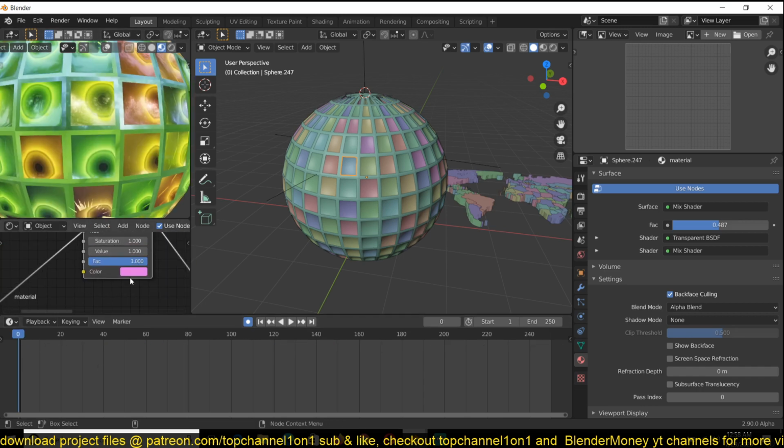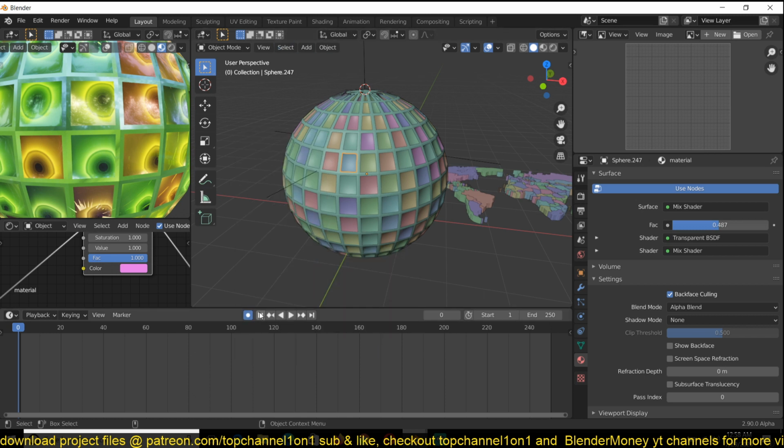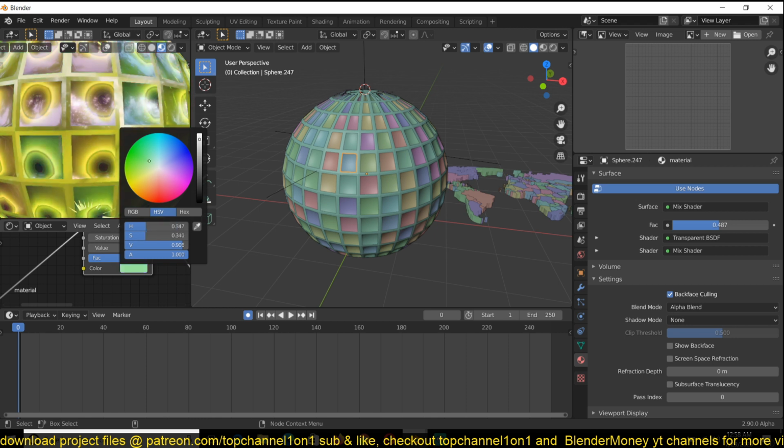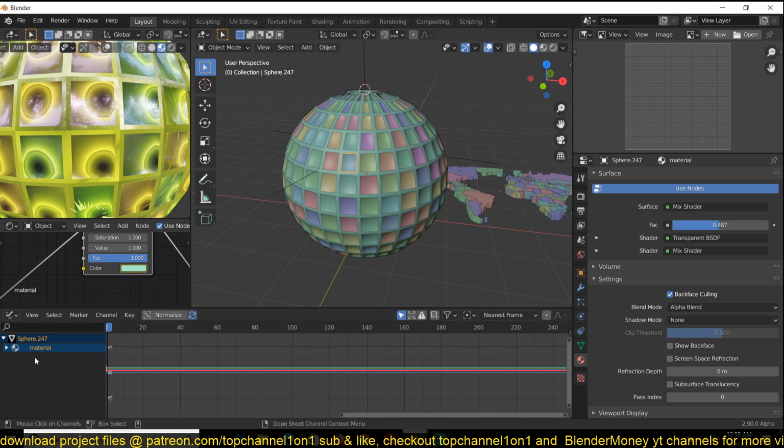So let's animate this to the tune of a track. Let me import some music. I don't even remember how to do that. Let me see. Yeah, we want to animate this here. To make this change to the tune of a track, I think you have to first insert a keyframe, Control Tab to edit mode, and I want to just animate the red channel.